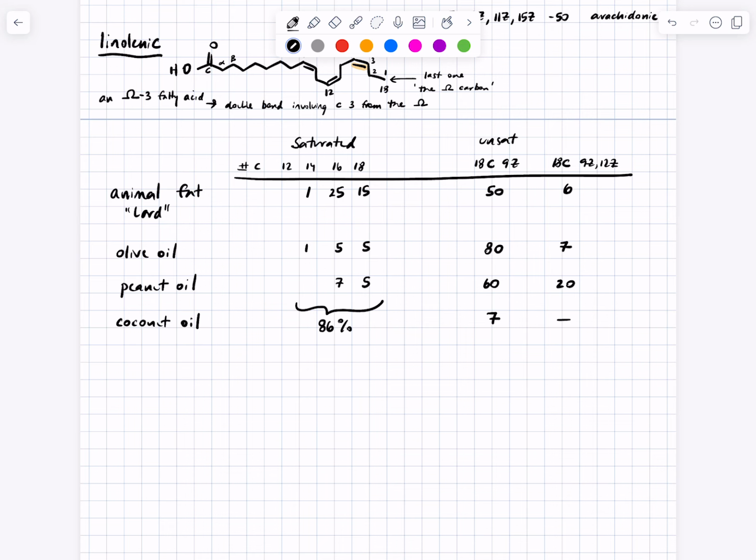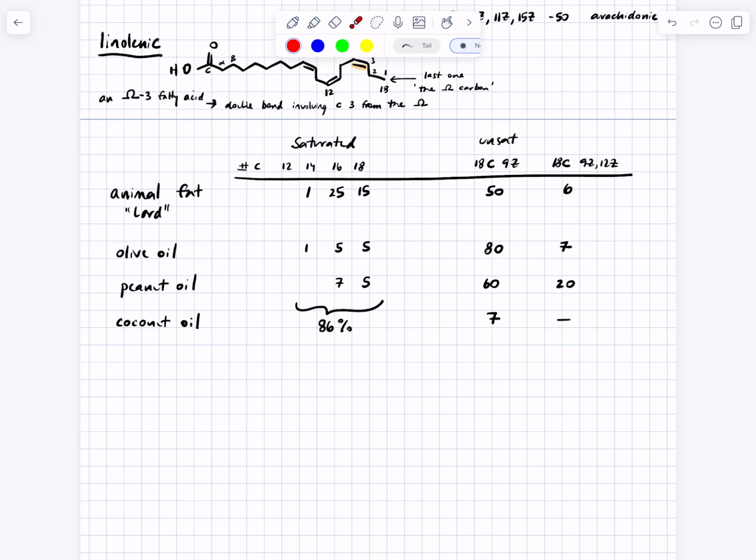Okay, so if you want to look at table 25.3 in your text for some other fatty acid compositions of some well-known fats and oils, of course I don't want you to memorize numbers, but you do need to be aware of the fact that the more unsaturated fatty acids you have in a triacylglycerol, the more likely it is the triacylglycerol is to be a liquid at room temperature.